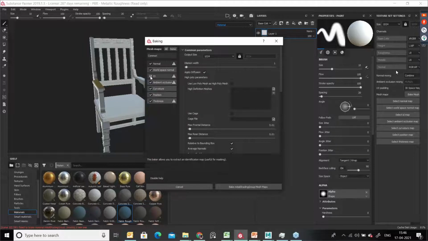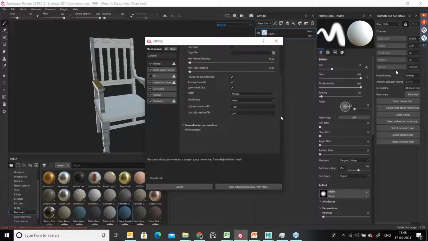Here I don't have any ID map, so you can just switch it off, and you can go here, increase the resolution, or you can keep it like this. Later at the time of texturing, you can increase the resolution. Here, use low poly mesh as high poly mesh. So this is the same mesh I'm going to use as a high poly mesh. You just select this checker box, and you can just go down. For anti-aliasing, if you want to go with high quality, you can go with subsampling rate 4x4. It gives you a little bit crystal clear visual in texture maps. Then go here, click on Bake.